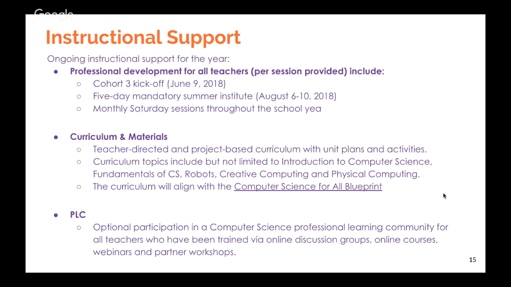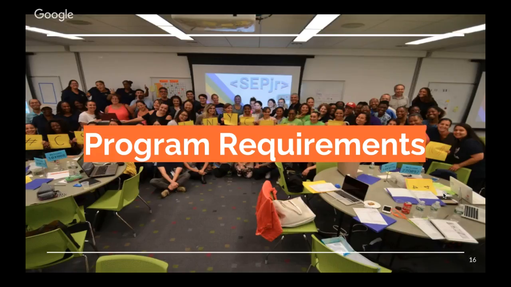Okay, so program requirements. Now you have, or hopefully you have, a better understanding of the year of professional development that you receive, the second and third year supports, what the curriculum is going to look like, just the foundations of the curriculum, and expectations for support.